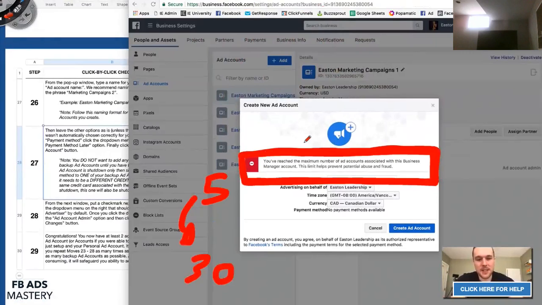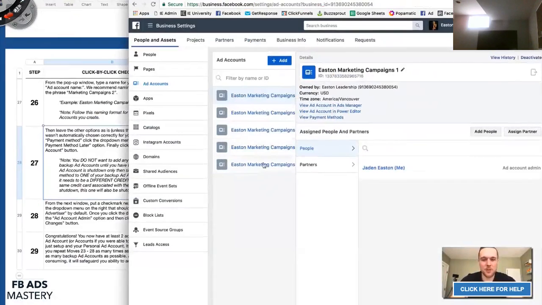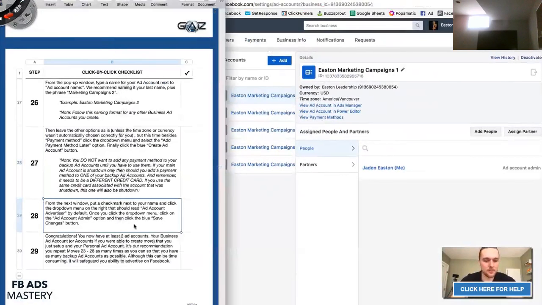Okay, so again, I'm going to re-emphasize myself. If you did not get this message trying to add your second ad account, repeat steps 23 to 28 and keep adding as many ad accounts until Facebook does give you this message. If Facebook gave you this message when you tried to create your second ad account, set a reminder on your smartphone for a couple of weeks to check if you can add more ad accounts. Facebook will lift the limit and typically give you 5 once you've had a couple weeks of spending, okay? So if you can't do that, don't worry, exit out of it, set the reminder on your smartphone, and come back and see if you can create ad accounts in the future.